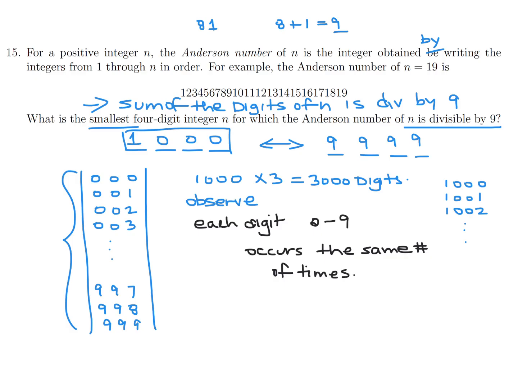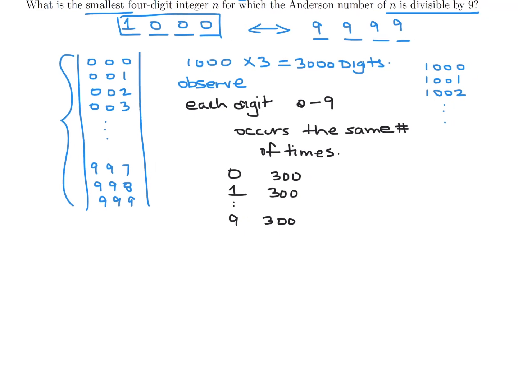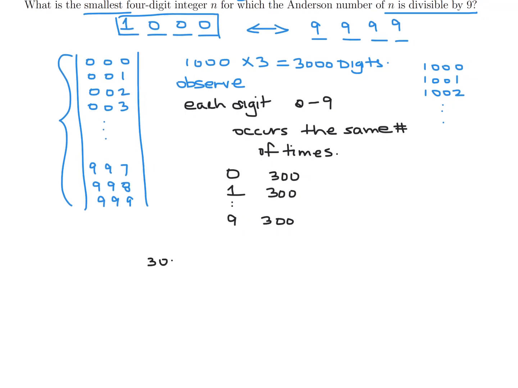So that means the 0 occurs 300 times, the 1 occurs 300 times, all the way down to the 9 occurs 300 times. So if we were to add up the sum, it would just be 300 times 0 plus 300 times 1 plus 300 times 2, and then all the way till 300 times 9. And that you can easily get as a sum,